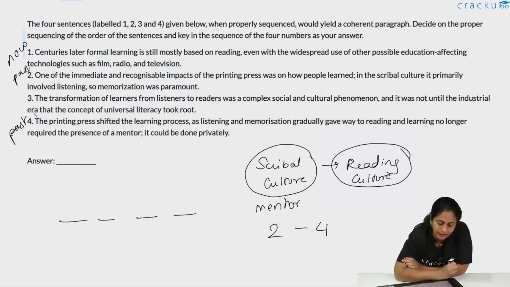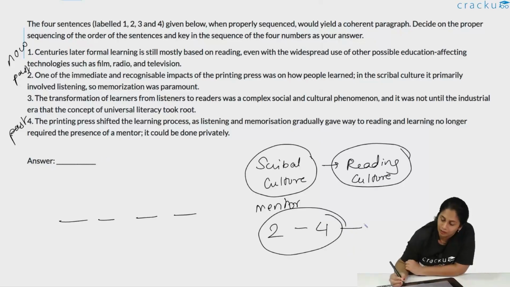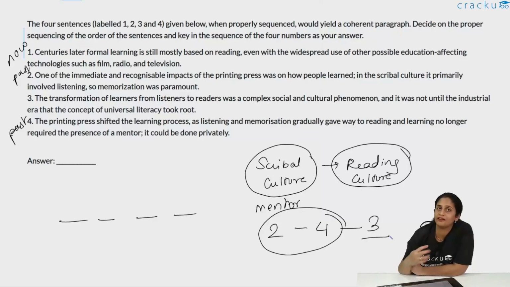Okay, let's take a look at 3. The transformation of learners from listeners to readers was a complex social and cultural phenomenon, and it was not until the industrial era that the concept of universal literacy took root. So here you have what happened. This shift happened, but this concept of literacy took root really in the industrial era, when there was a concept of universal literacy. So essentially anybody and everybody should be able to read took place in the industrial era. So this is after 2-4. This shift happened chronologically, and after that, the industrial era happened, where the idea took firm root,